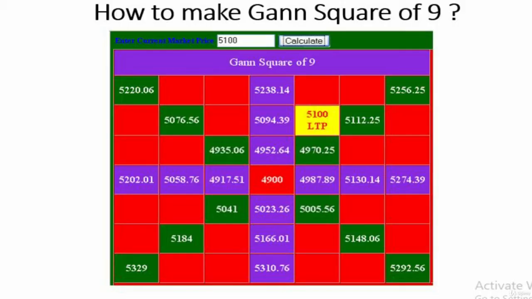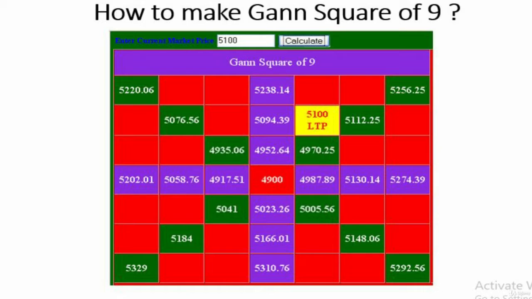Let's understand this example. We already discussed the 9 steps and how this place will be calculated. So how to make a square of 9 we can easily understand by the sample chart. The sample image shows you the 4900 at the absolute center. Then the next level that we calculate by adding 0.125 to 70 and squaring it,